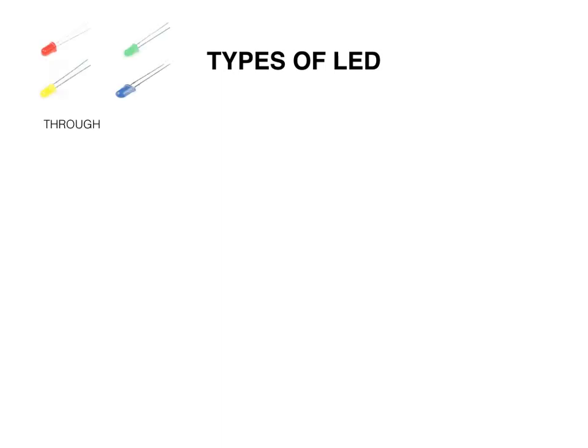Let us talk about the different types of LED. So the first type is called the through hole LED. It is very popular. These are available in different shapes, sizes being 3 mm, 5 mm, 8 mm and colors like red, blue, green, etc. The second type is SMD LEDs or surface mount light emitting diodes that can be easily surface mounted on a PCB.